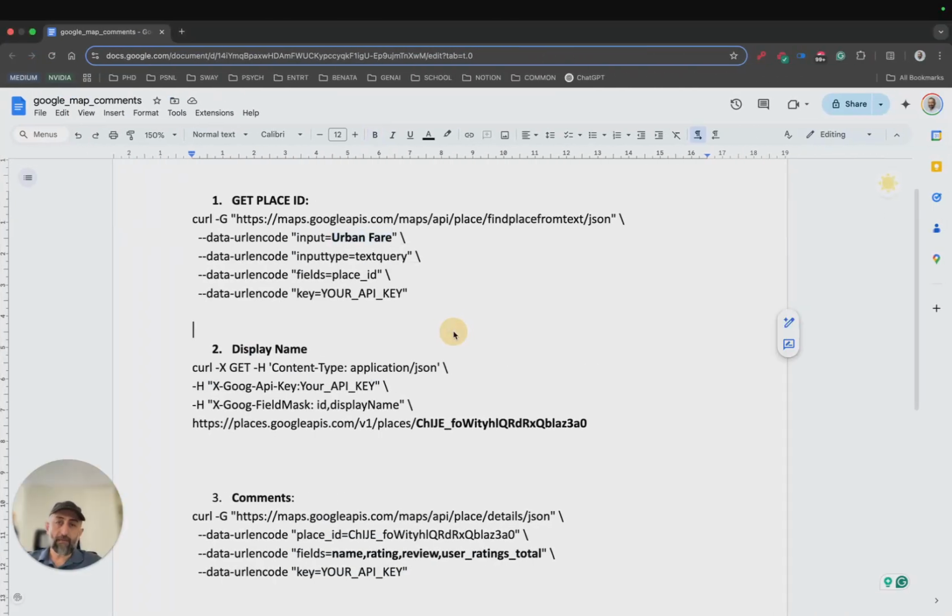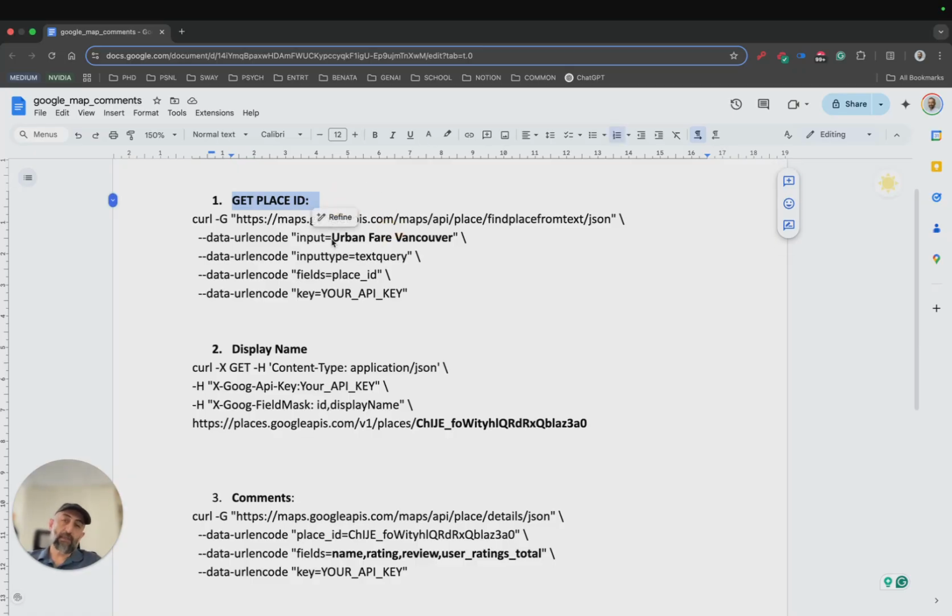So the idea of using Google Maps, and basically all the Google APIs, is that first you have to search for the name of the place that you want, which in this case was Urban Fare Vancouver. Use this curl command, call the Google API, use your API key, and get your place ID.